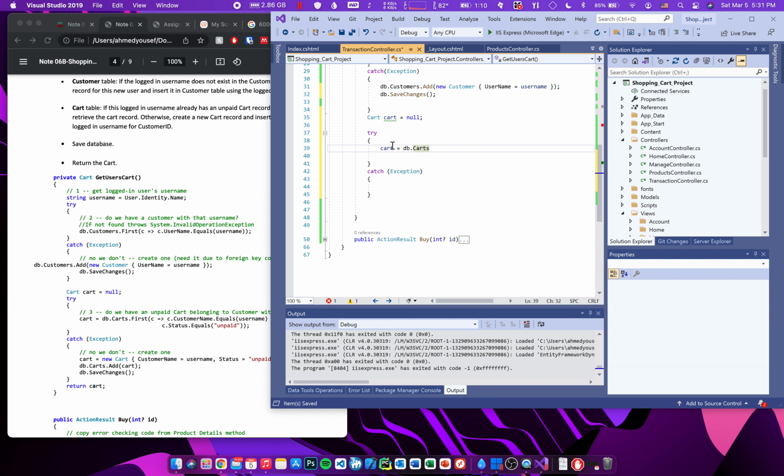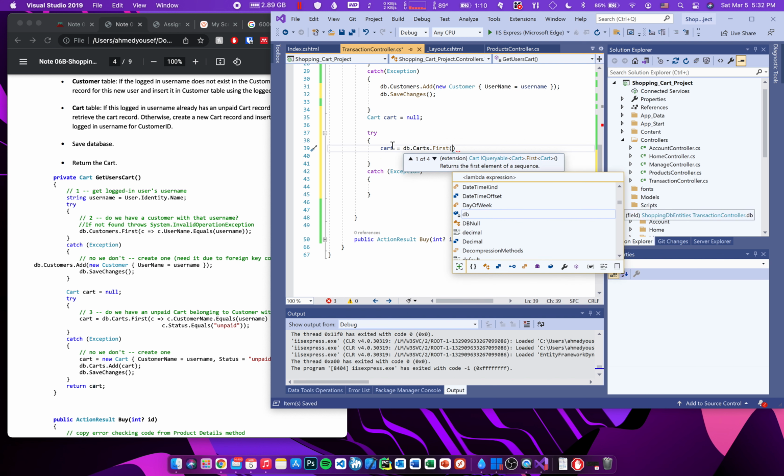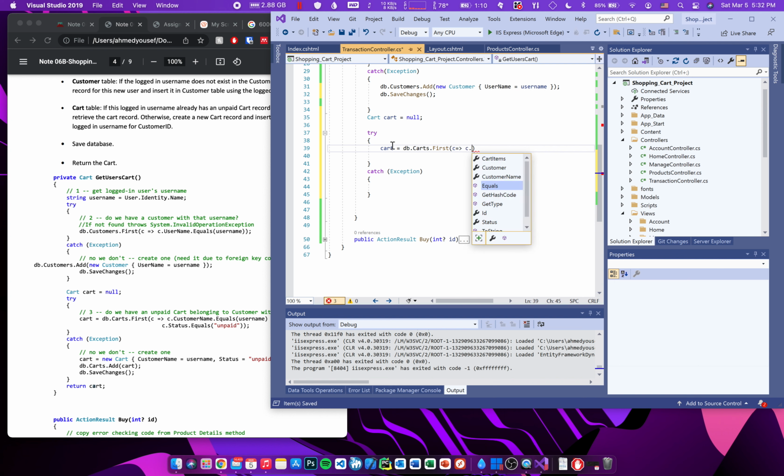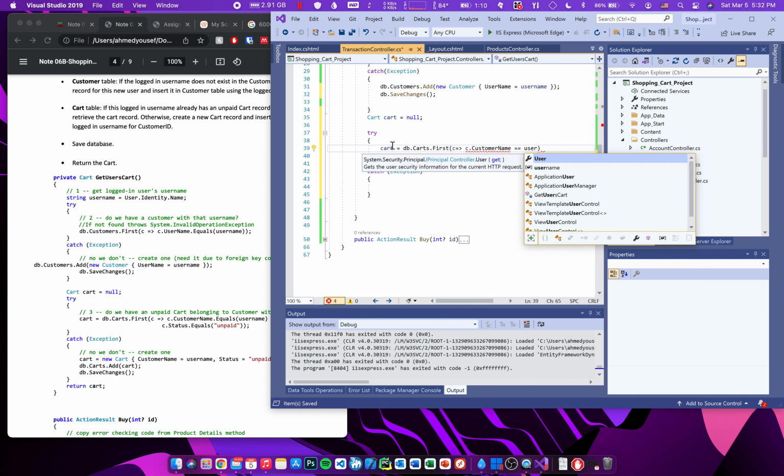So this will give us the table or the list of all the carts, but we only care about the cart of the logged in customer and if the status is unpaid. So C, first of all, we have to check the username, so the name of the customer holding that cart. So C.customer name equals the username that we just got,